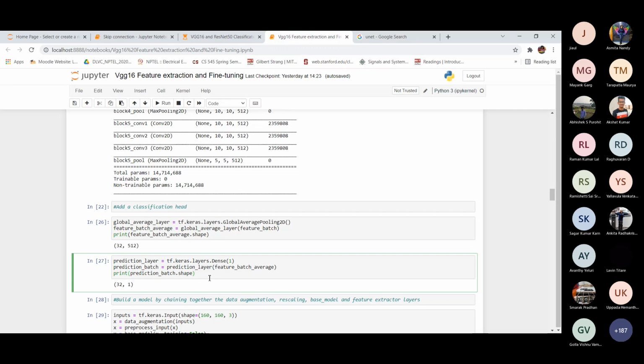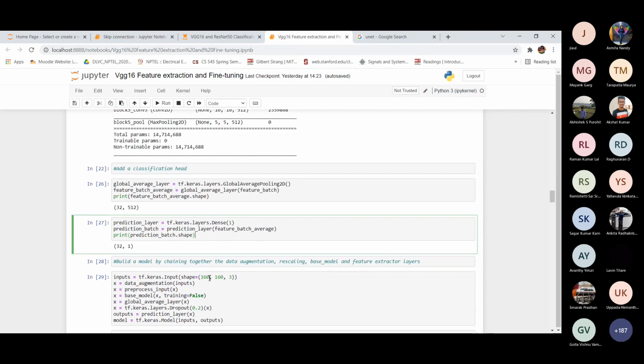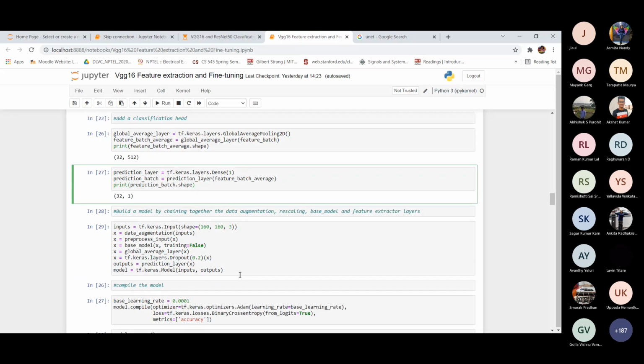So basically we are not training anything, we are just using those layers for prediction. The batch size is 32, and if we encounter true then it is 1, otherwise it is 0. Okay, this is the thing, and build the model. After that we will include all the things we have previously defined: data augmentation, rescaling, and the feature extraction. So we will take all of these and make our model.